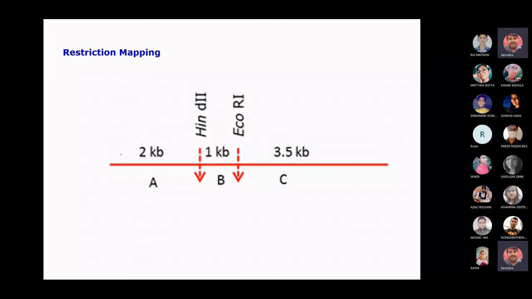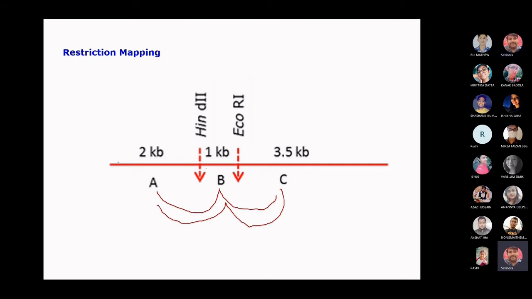What we have to do, we will draw an imaginary line of 6.5 kb, 2 plus 1 plus 3.5, 6.5 kb, and we will divide it into 3 groups, ABC, because we knew that the correct sequence is ABC, or whether it was CBA or ABC, it will remain same, but BCA will be different meaning. चाहे आप इसे A, B और C बोलो, either you can call it C, B or A, both are having the same meaning.